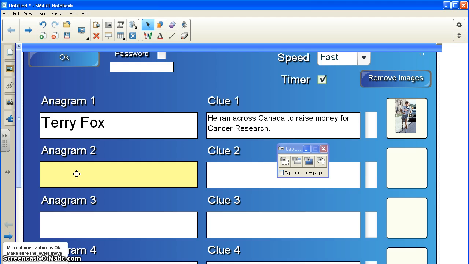Now I'm ready to go on to my second anagram clue, so I'm going to click here in anagram 2. For this one, I'm going to use Oscar Peterson. I'm going to choose tab to move to clue number 2, or again you can click to move back and forth. In clue number 2, I'm going to write